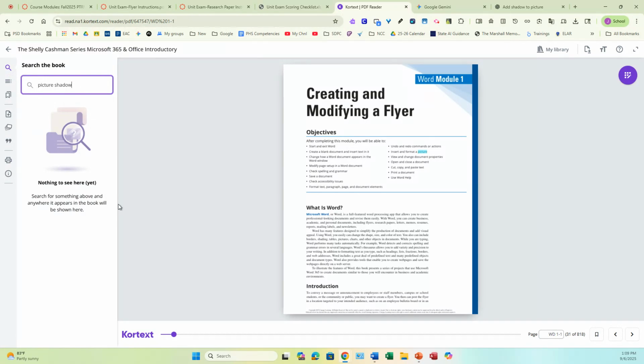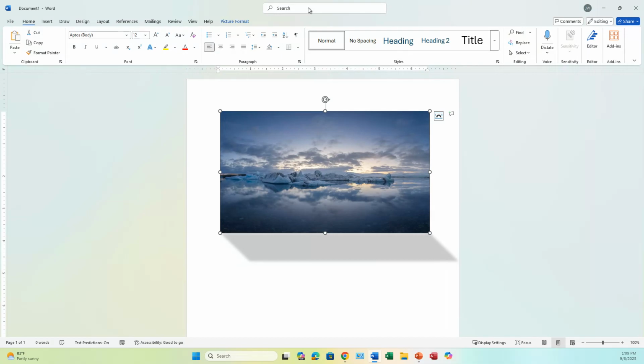It looks to find exact matches for what you typed in. Large language models don't look for exact matches. So it's not looking for the words picture and shadow together. And neither is the Microsoft Word help. The search here also is looking for more, like, does it generally meet the needs of whatever keywords you typed in? Okay. So again, my suggestion in doing your unit exam, and in the future,